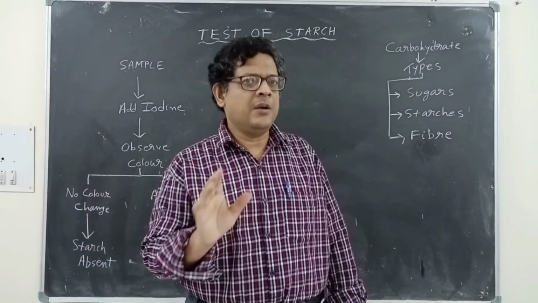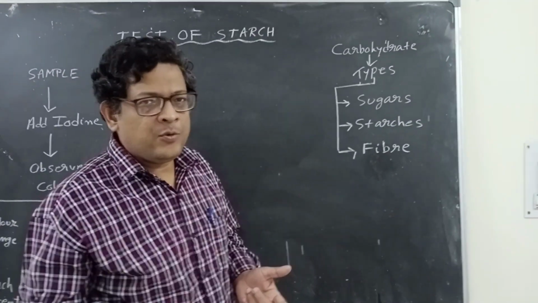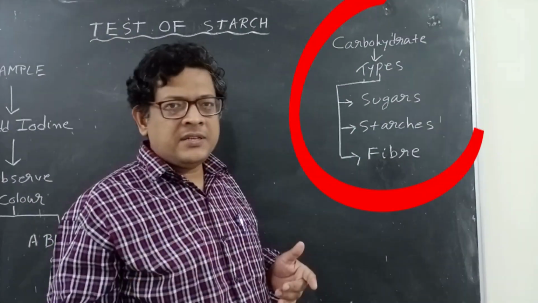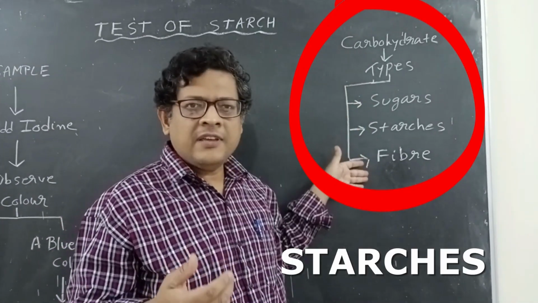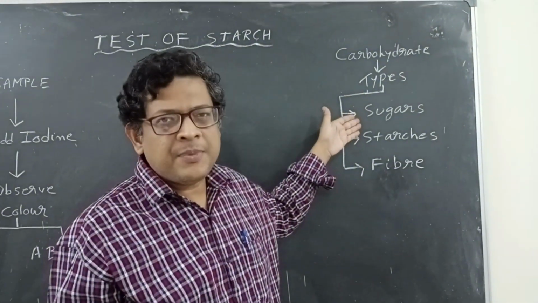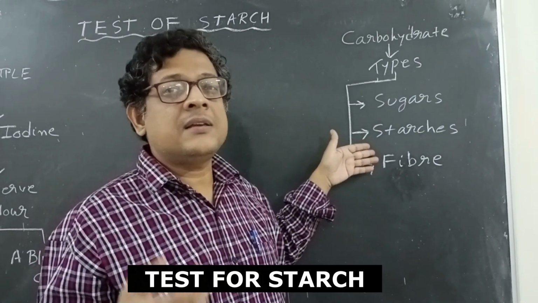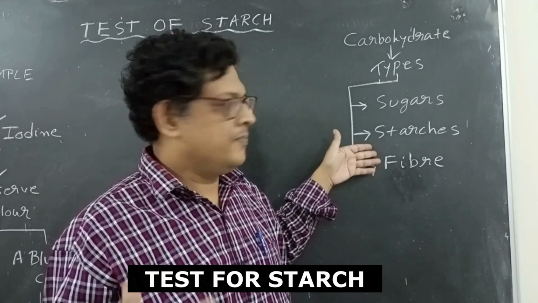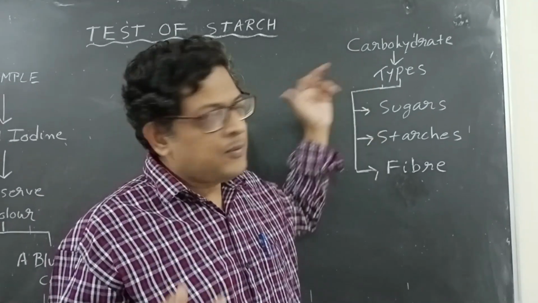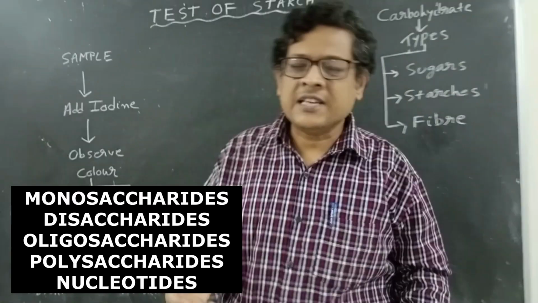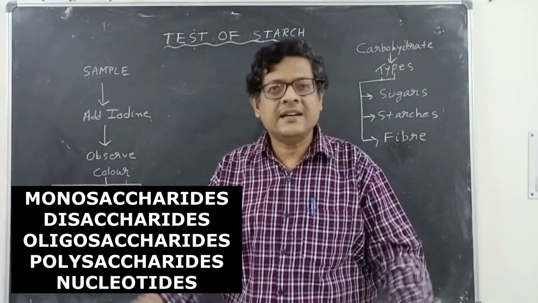Today we are going to test the presence of carbohydrate in food items, but not the very specific types of carbohydrates. There are different types of carbohydrates. In simple language, you can classify the carbohydrates at your level as sugars, starch and fibers. Sugars, for example, glucose. Starch, today we are actually going to test the starch present in potato. And fiber, you know, cellulose, is also a carbohydrate. In higher classes you will classify them as monosaccharide, disaccharide, polysaccharide, oligosaccharide, etc.